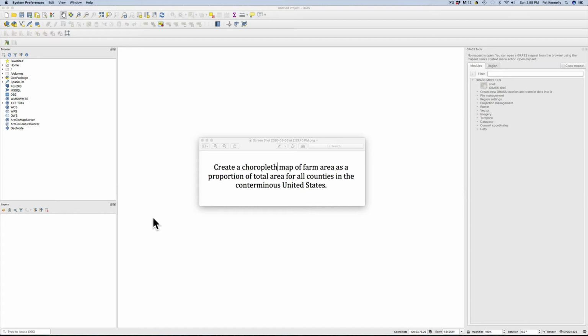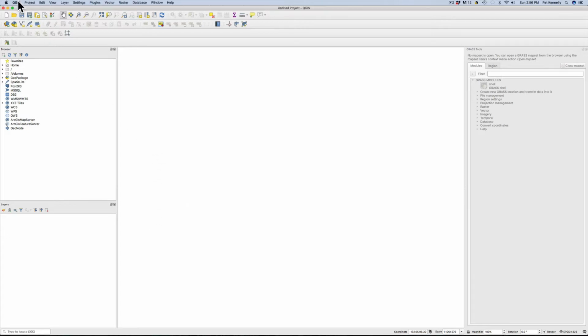In this video, we'll talk about the class activity of how to create a Choropleth map of farm area as a proportional total area for all counties in the conterminous United States. So if you haven't already, go ahead and open up QGIS, and if you haven't already, start a new project